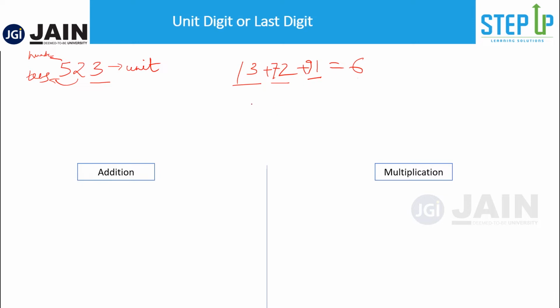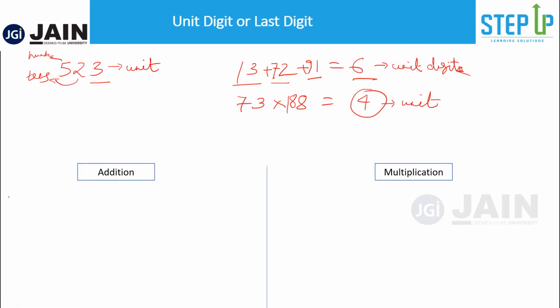That means if somebody gives you a bigger number, let's say if I say 3 into 8, what would be the unit digit? Please remember, I'm talking about unit digit only, not the addition or multiplication of the entire number. Now 3 into 8, how much would the unit digit be? 4, right? And even if I say now 73 and this is, let's say, 188, still your unit digit would be 4. Now this is an important property of unit digit.